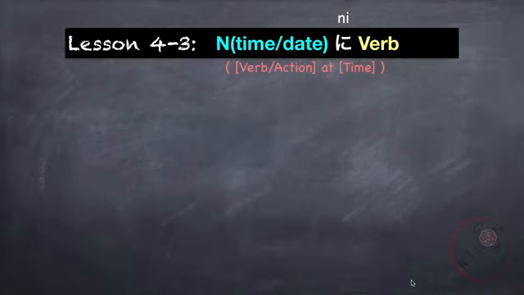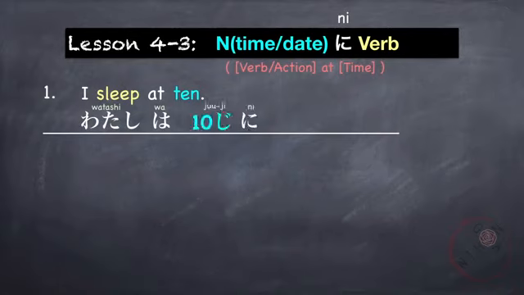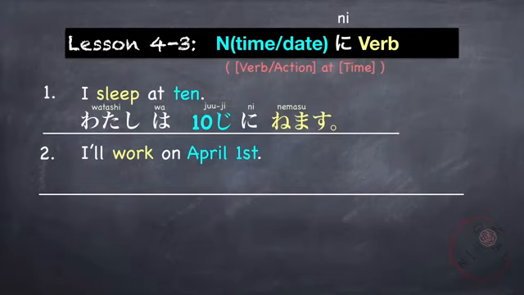For example, I sleep at 10. 私は followed by the time 10時, 10 o'clock, or 10時に, at 10, 寝ます, sleep. 私は10時に寝ます。